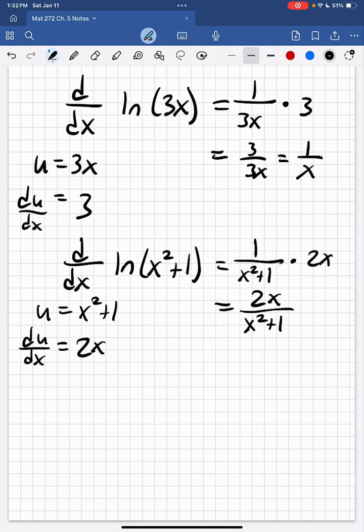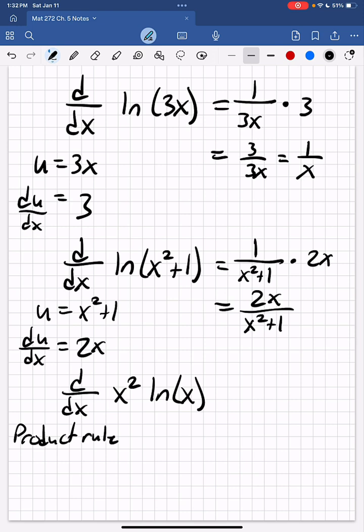And let's go ahead and do one more, and let's introduce a product. So we want to find the derivative with respect to x of x squared times the natural log of x. Yeah. So here would be a time that we could use the product rule, right? And just in case on the product rule,